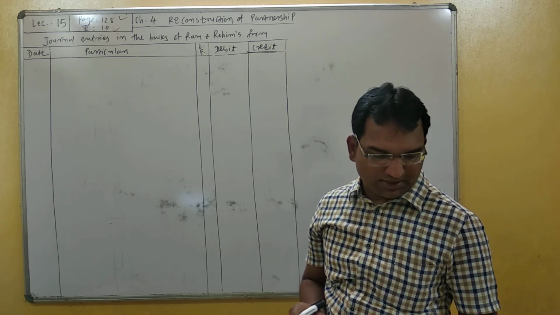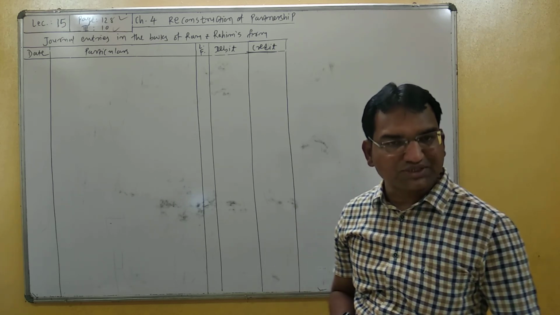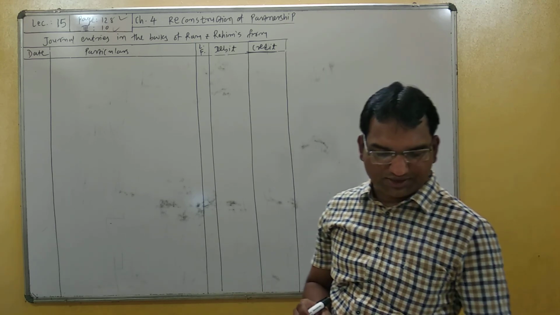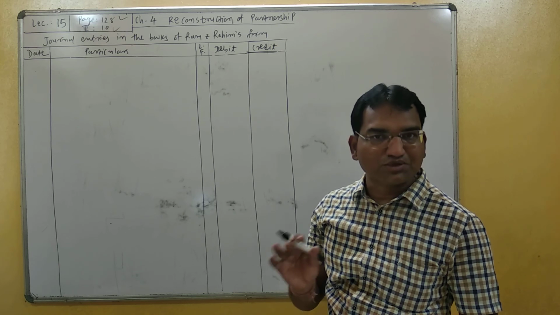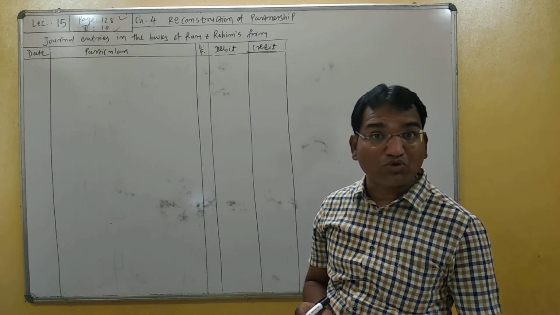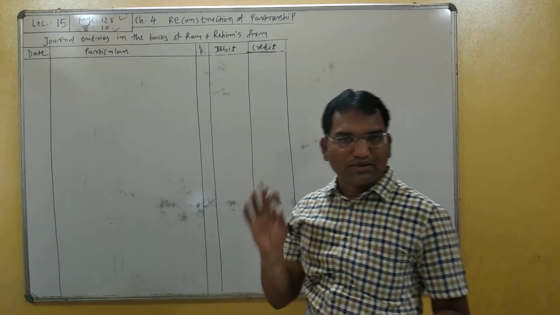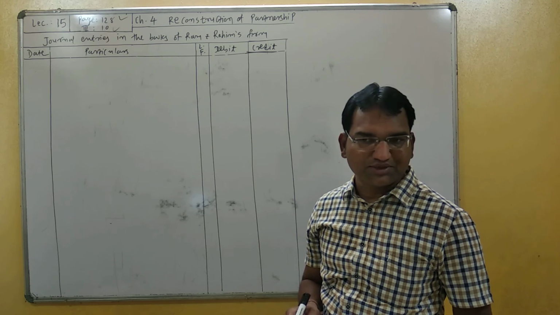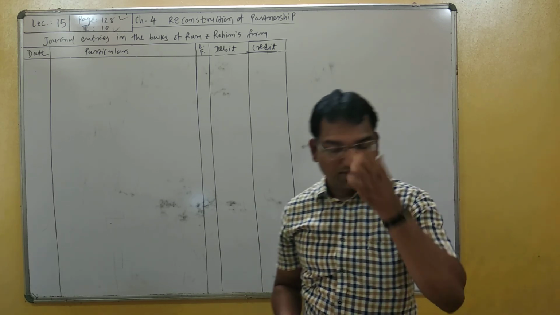The names of partners are Ram and Rahim and their profit sharing ratio is 4:3. This is the old profit sharing ratio. Profit and loss account debit balance is given, reserve fund account is given, workman profit sharing fund is given. Workman profit sharing fund is a liability of the firm, so it cannot be distributed between partners.